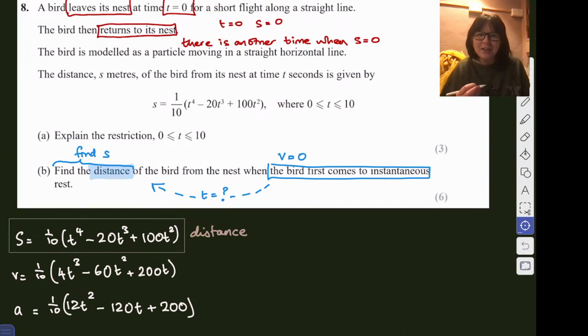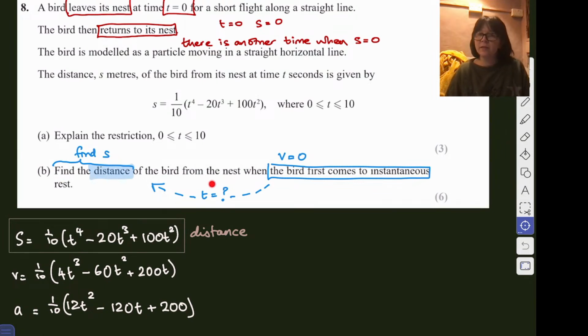So the one question where it says distance, actually it's displacement, because if the bird flies away and then flies back, then when it gets back, S is 0, displacement is 0, but it has flown a distance, and we could try to find that distance. Indeed. Oh no, look, find the distance of the bird from the nest. So that's the displacement, so that's okay. Find the distance, so they're asking us to find S,